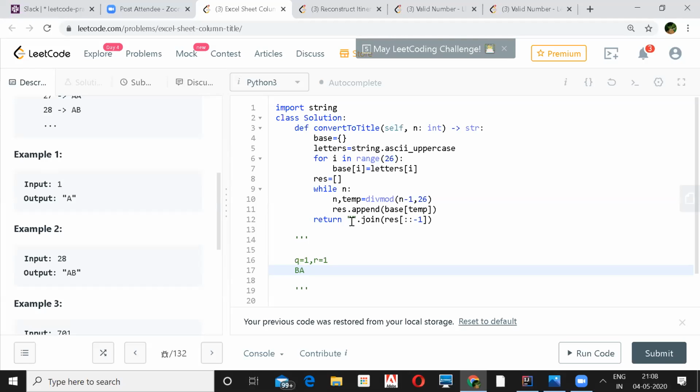Otherwise, we might have a recursive approach: take each digit, recurse on it, append it and go for the next one. Does anybody have any other approach other than this? Here you are using an auxiliary array. How about if you use the ASCII code directly to get the character? Yeah, you can use that also.